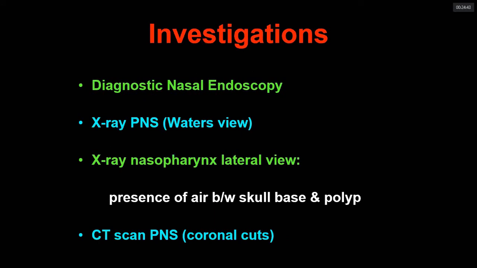Now, how do you diagnose the case? Diagnosis is very important, and these diagnostic methods are quite similar between antrochoanal polyp and ethmoidal polyps. So, anterior rhinoscopy, that is a clinical examination. What are the other investigations? You do the diagnostic endoscopy. You put a telescope or flexible endoscope in the nasal cavity and look at the different areas, and it will be very easy for you to see any mass if it is present there.